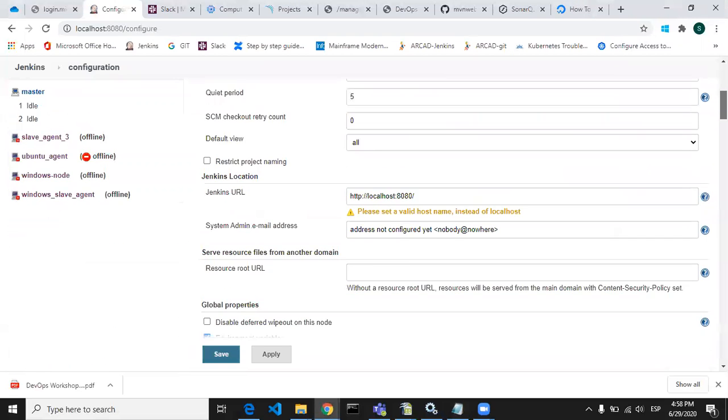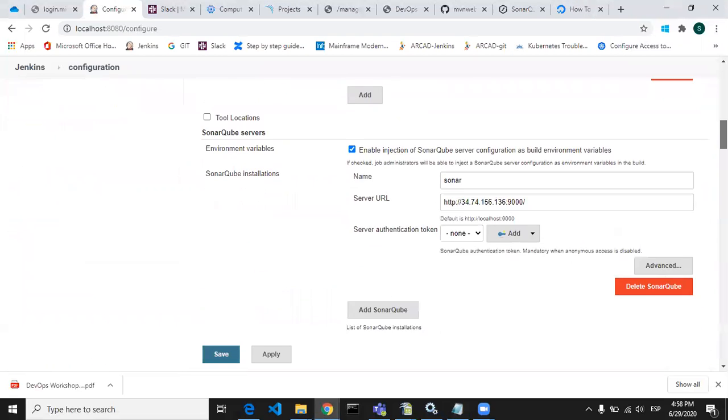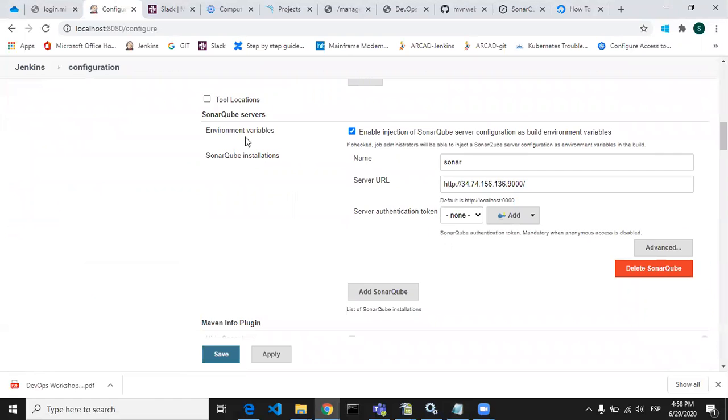Go below. Here you go, you can see the SonarQube servers section. Here you have to put your details for the SonarQube installation. You have to give the name of the SonarQube installation, like Sonar. Then you have to give the server URL.